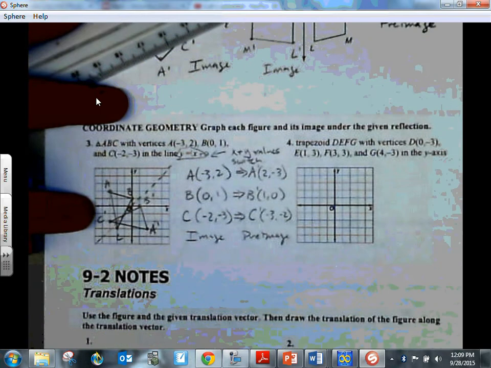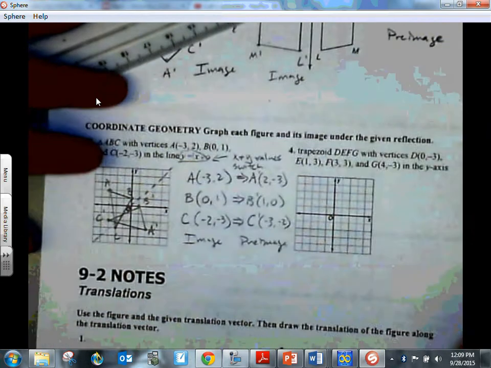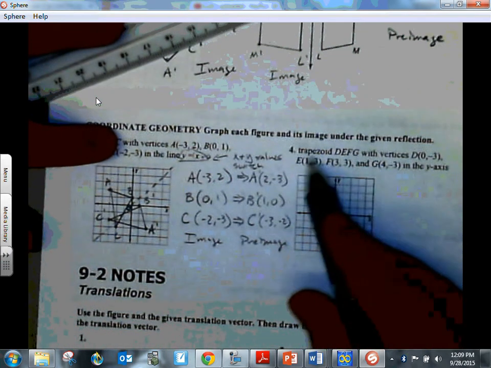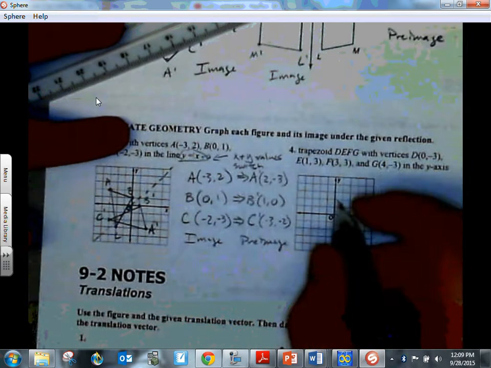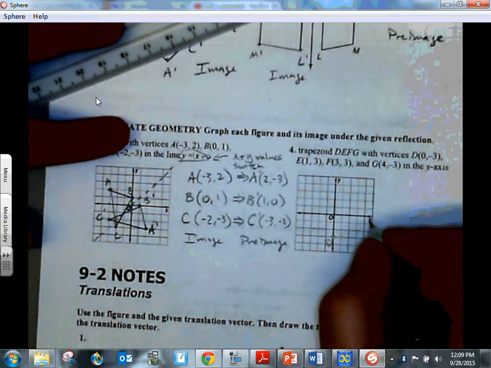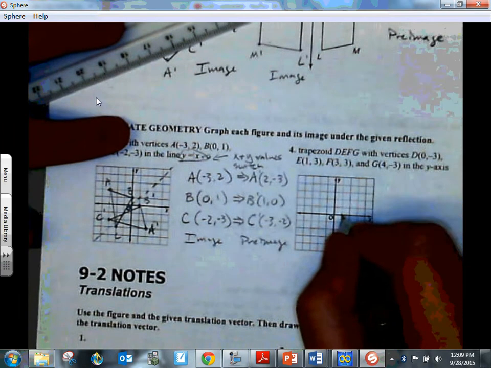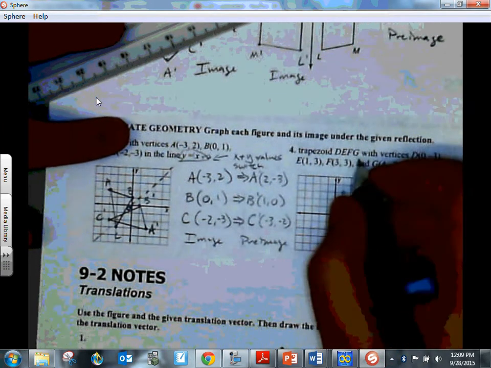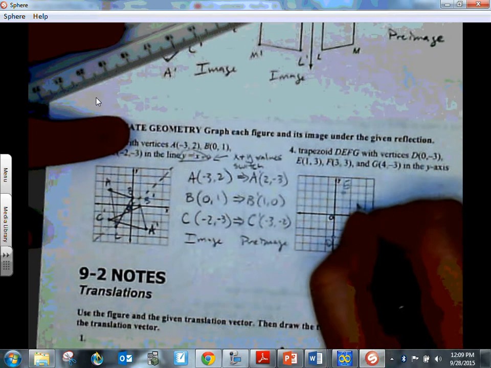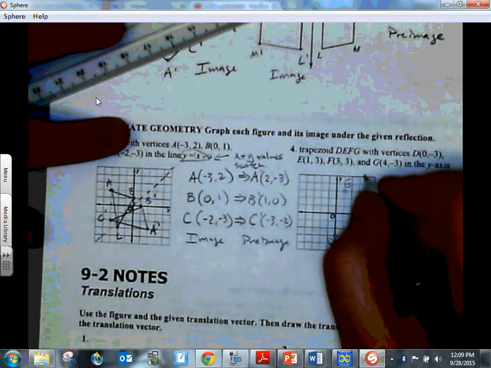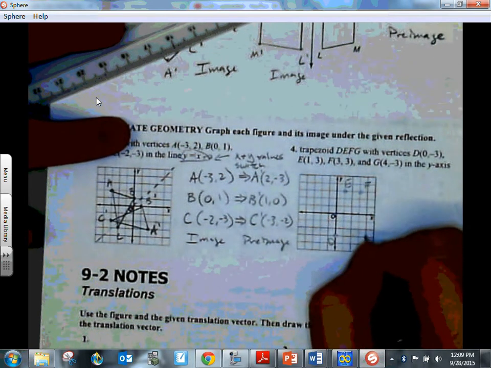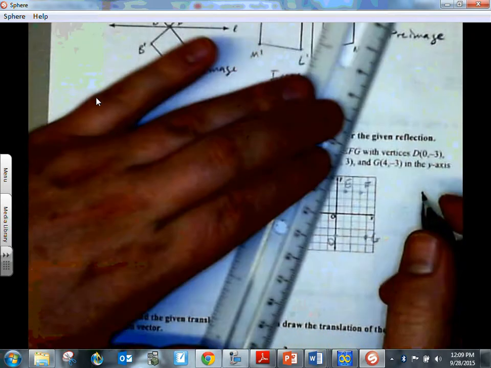All right? So let's do something similar on number 4. I want to plot points D, E, F, G. It makes a trapezoid. So I'm going to plot the point 0, -3. That's point D. I'm going to plot the point 1, 3. That's point E. I'm going to plot the point 3, 3. That's point F. And point G is 4, -3. Okay, so if I connect those with a line,